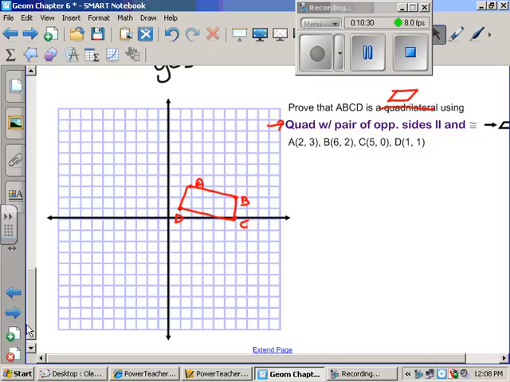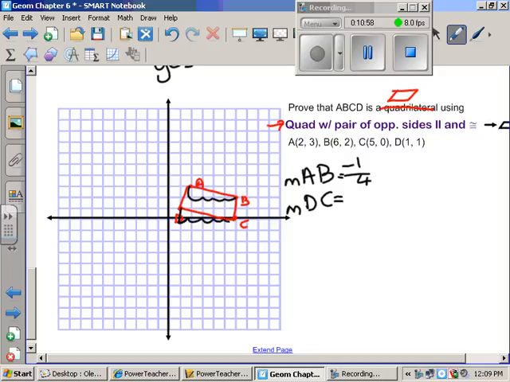So in a coordinate proof, to prove something's parallel, you just have to show they have the same slope. So I'm going to find the slope of AB and the slope of DC. So A starts here, and you go down 1, 1, 2, 3, 4, over 4. So down 1, over 4. DC is down 1,